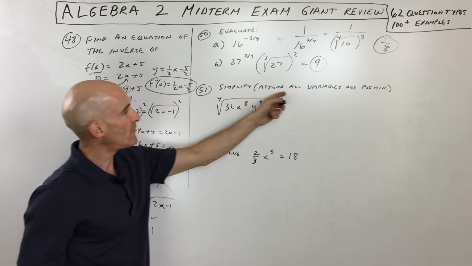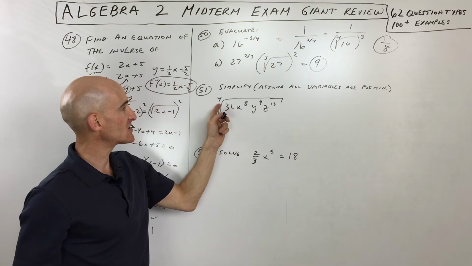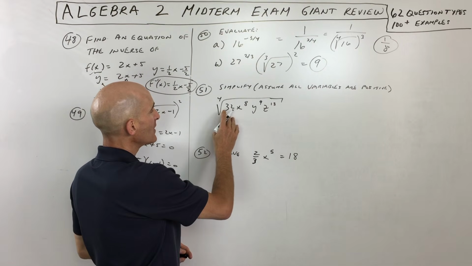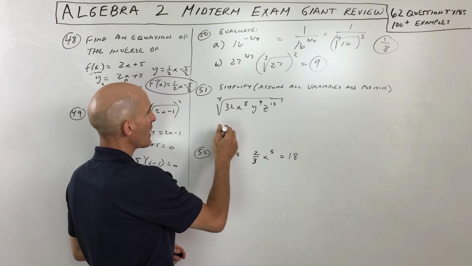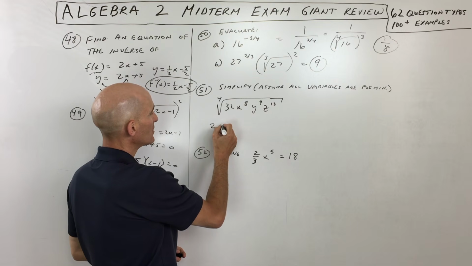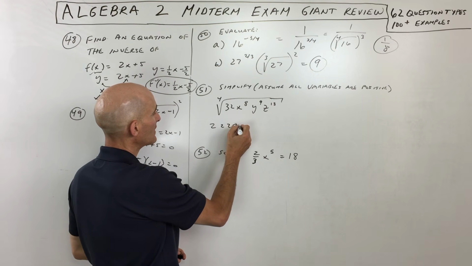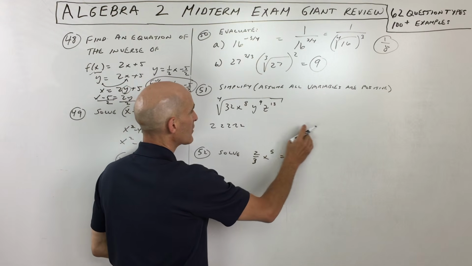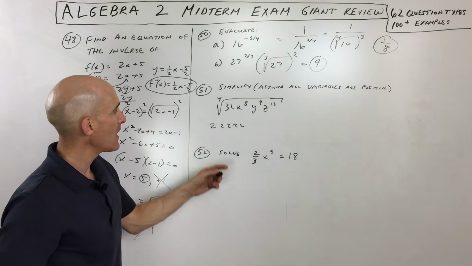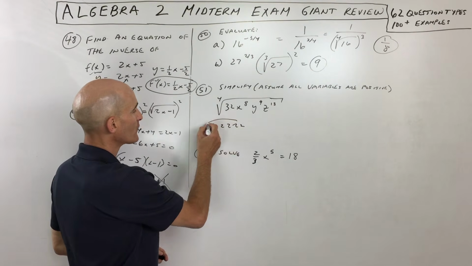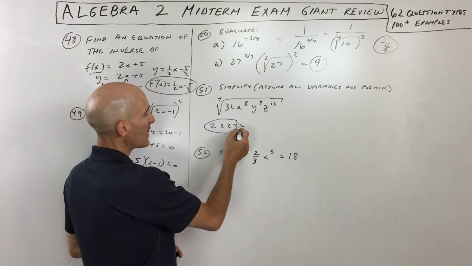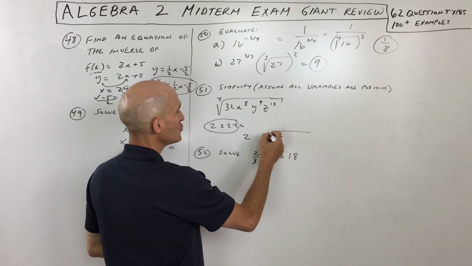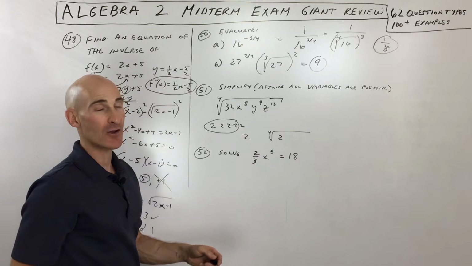Number 51 says simplify, assume all variables are positive. They're asking us to simplify this 4th root of this quantity here. So one way to do this is to break this down using a prime factorization tree. 32 is actually 5 2's multiplied together. And x to the 8th, that is 8 x's multiplied together, y to the 9th is 9 y's, and so on. But when you're taking the 4th root, you're looking for groups of 4 of the same number. So we've got a group of 4 there, that's 16. The 4th root of 16 is 2, but we have a 2 left over. That stays underneath the radical there.